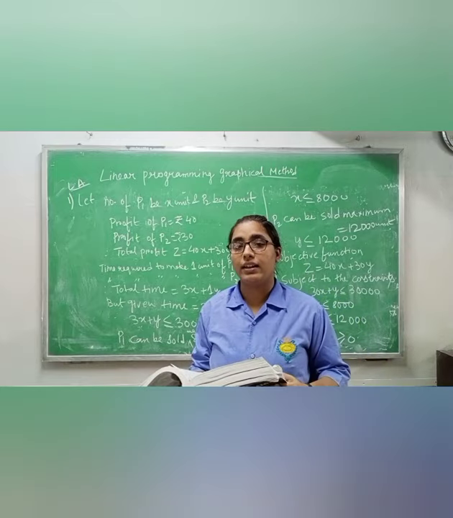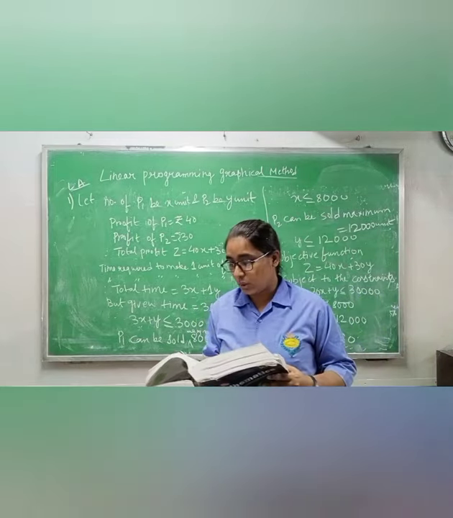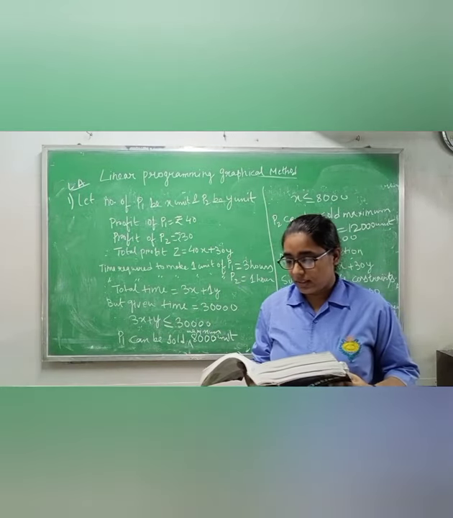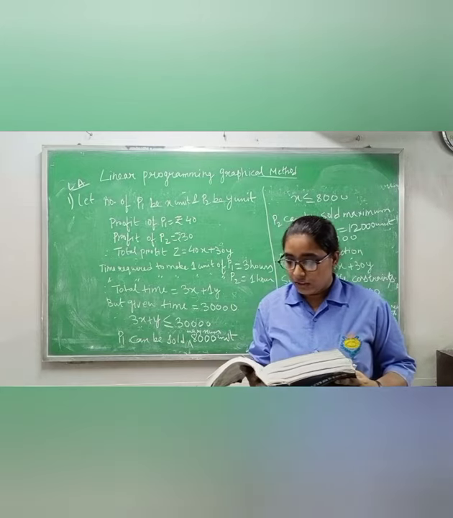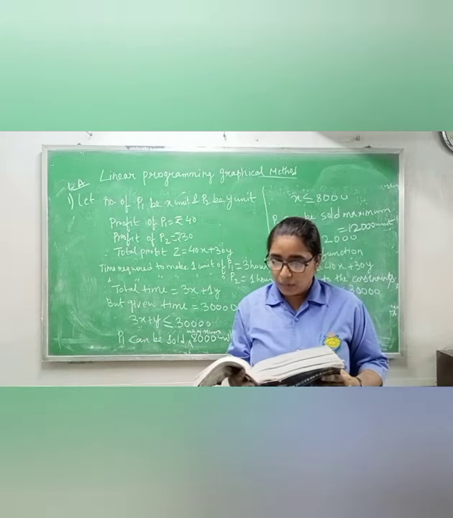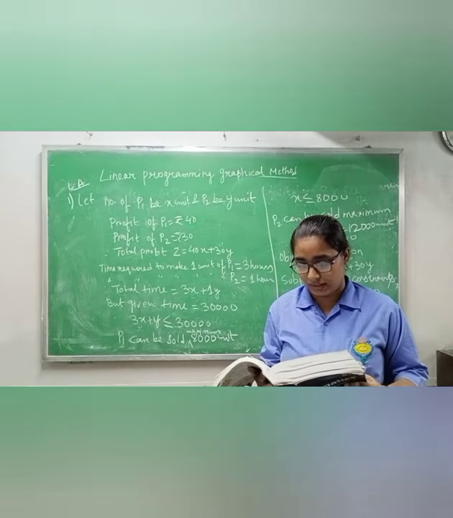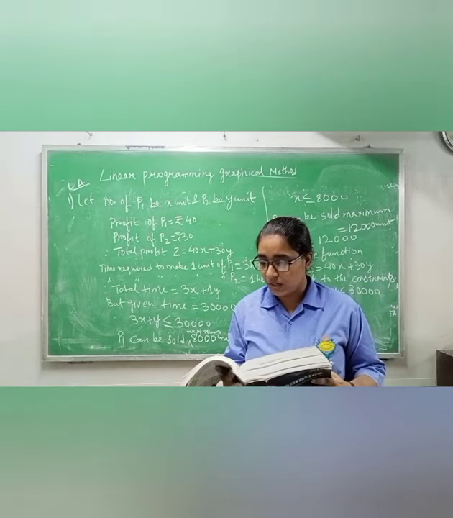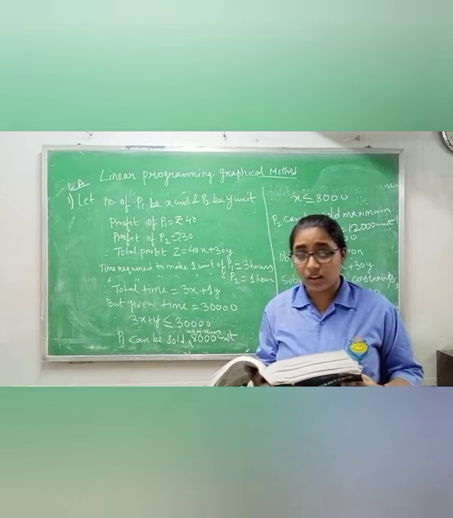I told you that any one of the things, either profit, cost or expenditure, is given to you. So in this question profit is given to you: 40 rupees and 30 rupees per unit. Okay. The two products are produced in a common production process and are sold in two different markets. Okay. The production process has a capacity of 30,000 man hours. So what is the total capacity?